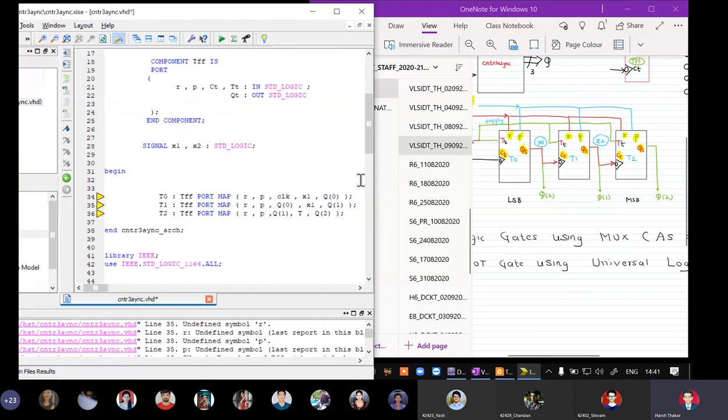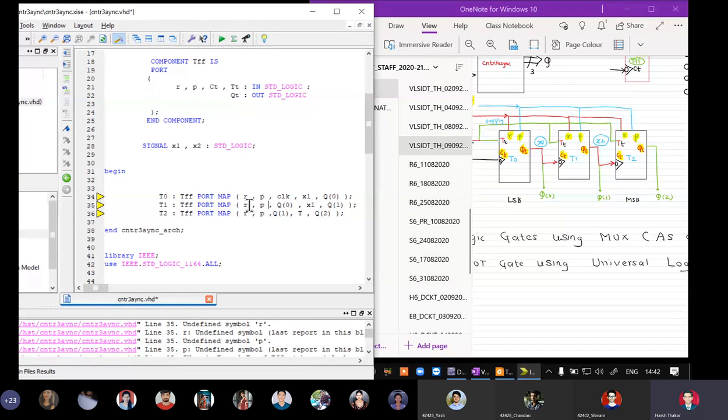Where have we gone wrong? Sir, for this, let's use X1 and X2, and then finally assign it to Q0 and Q1. Yes, that is what is to be done, because I already did this modeling before. Let us first check the mapping.